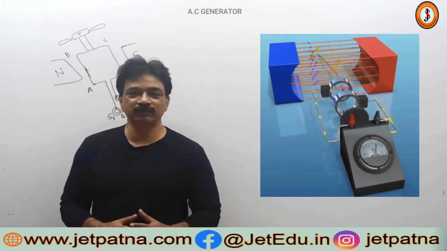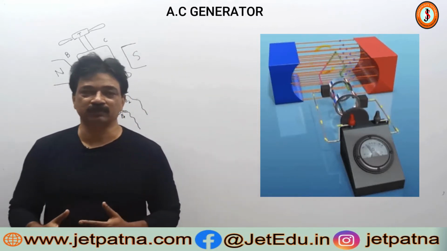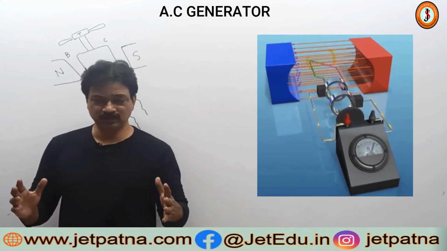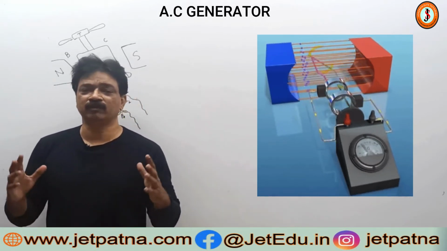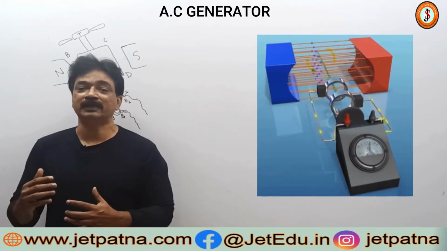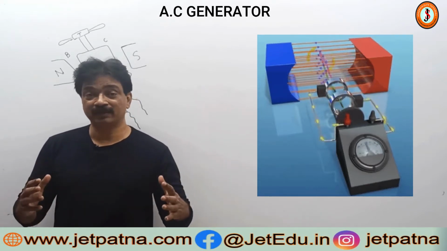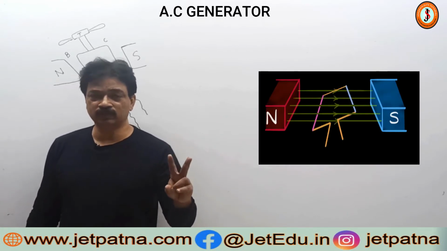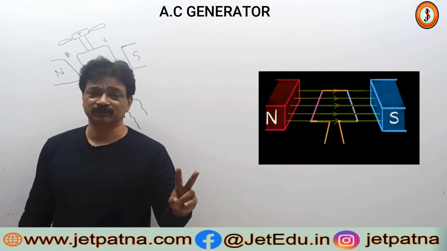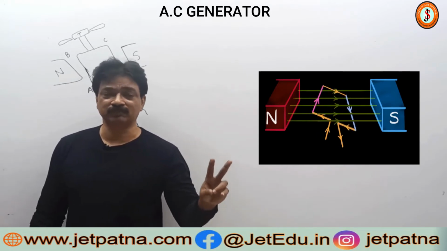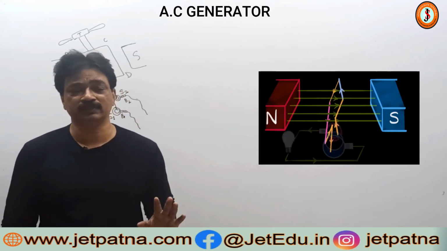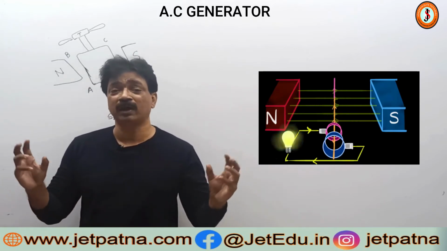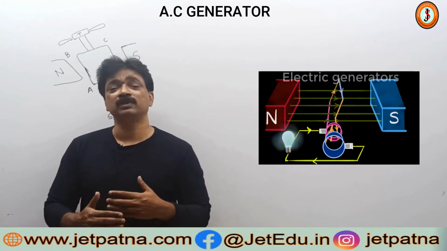So hello children, here we were studying about generators, and today we will focus on the AC generator. As you know, I had already explained that a generator works through the interaction between a magnet and a coil moving near it. So we have two inputs to produce electricity. Number one is a magnet, number two is the movement between the magnet and the coil. There has to be a relative motion.